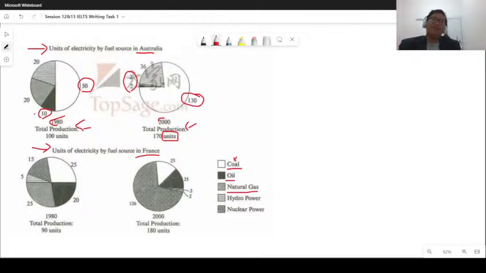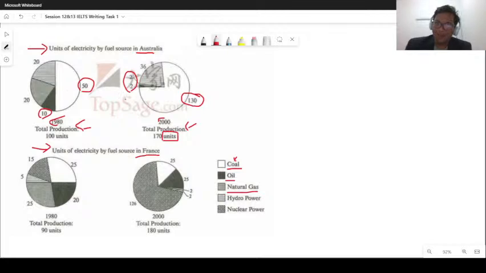Now, when you are doing IELTS task one and you see this kind of data where you see a similar trend, but there's usually just one small difference, one of the categories, one of the legends that is not following the same overall trend as the other categories. Now that is okay. What you need to do first is highlight the similar trend first. So for both years, for the units of electricity by fuel source in Australia,